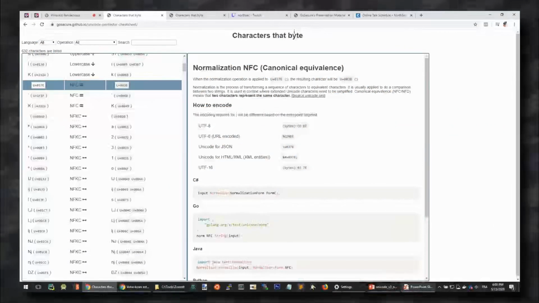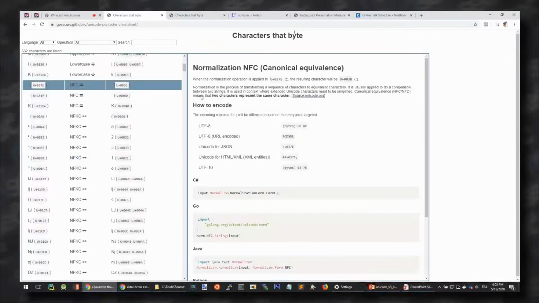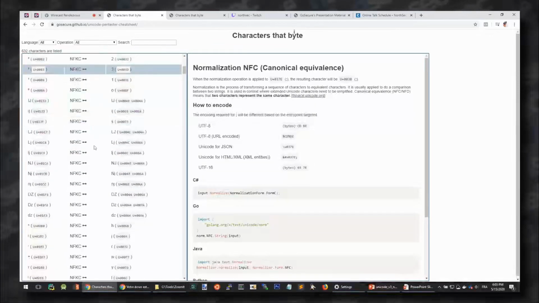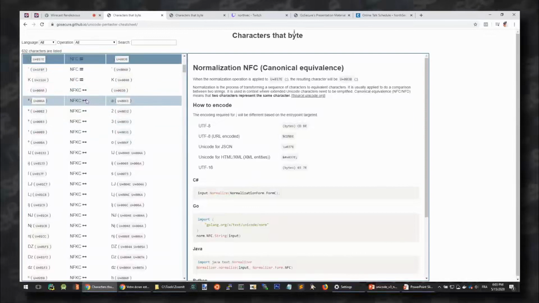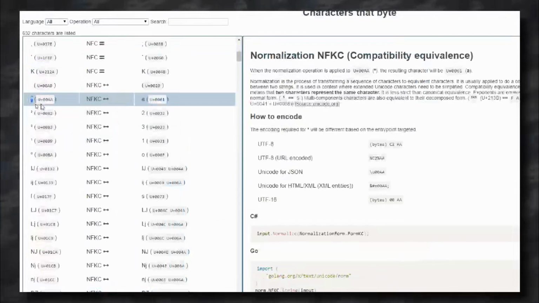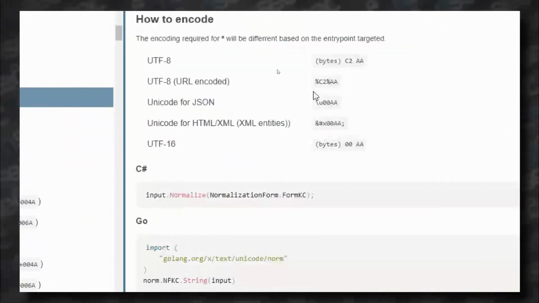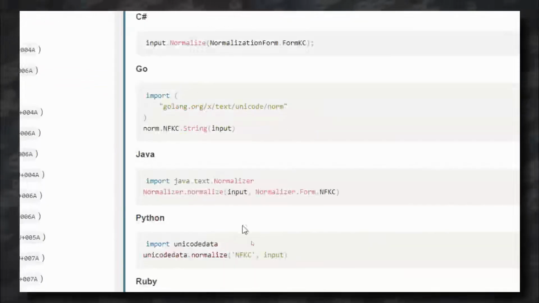So right after showing a couple of examples of normalization, I just wanted to show a quick tool I've built. It's an interactive list of characters that can have interesting security implications. So if you think some application is doing some normalization on some string or URL, you can look at a character, for example, this superscript A. I'm going to zoom into this, if that's possible. And basically, it's explaining that this character's code point is converted to ASCII A, so 61. And this is the way it's being encoded. In different languages, it will look like this.